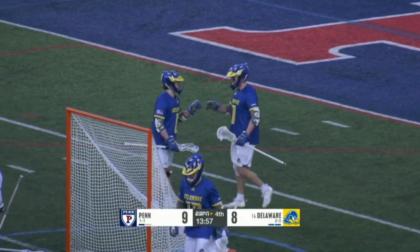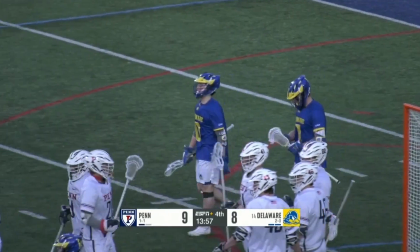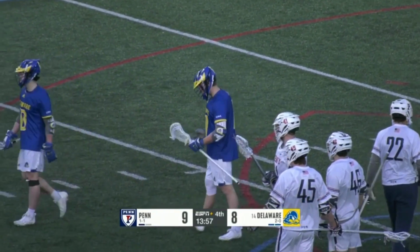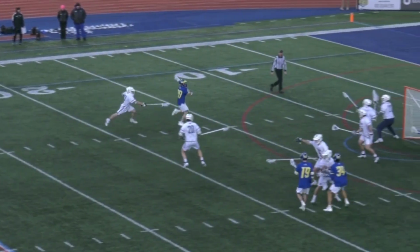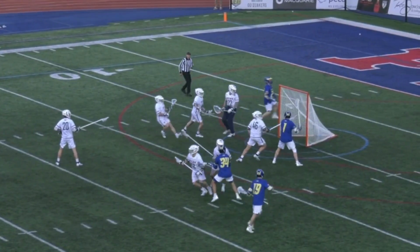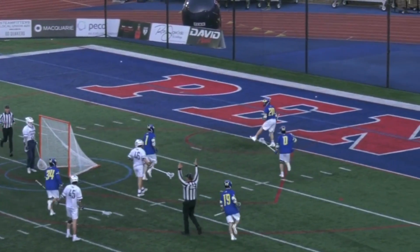You know, we talked earlier about how sometimes Penn has these tendencies to make the tiny little mistakes. There's the mistake on the turnover there that happened with Ben Smith. It goes down now on the opposite side of the field, creates an opportunity for Delaware. They come down the left-handed side and score. So now all of a sudden, instead of